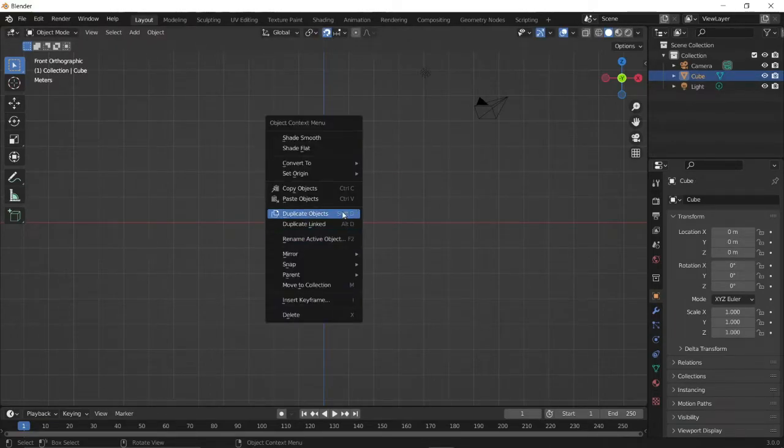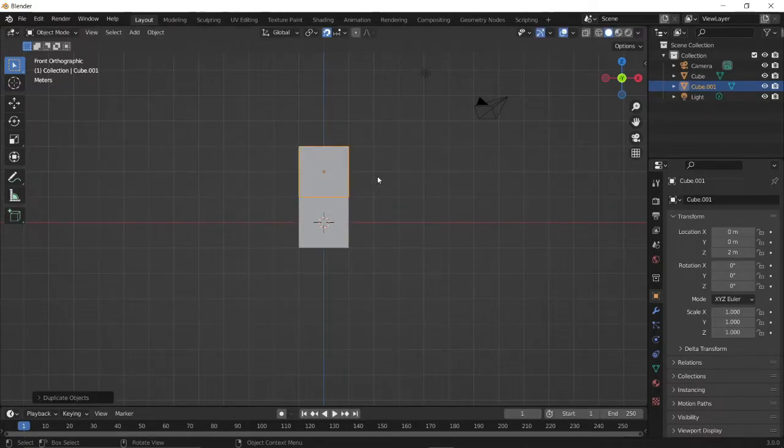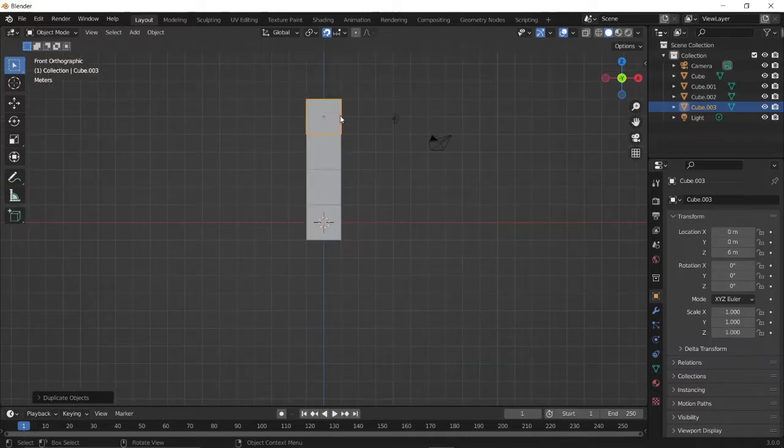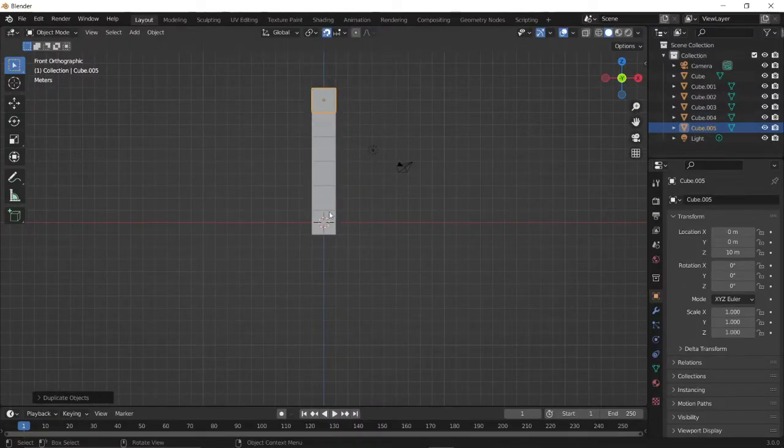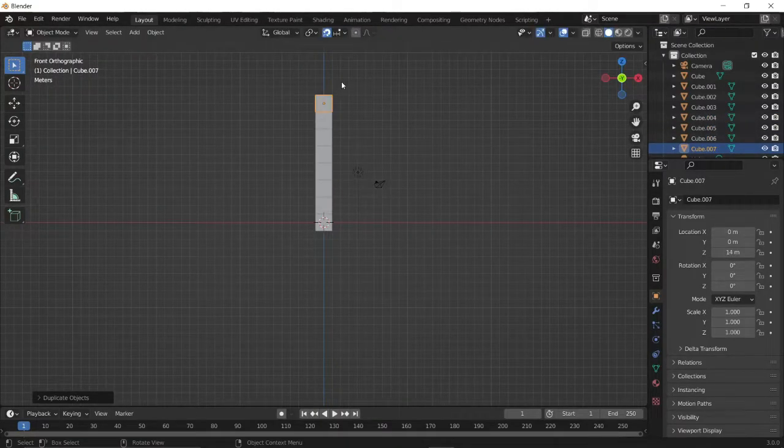So I use the snap tool, and I press Shift D, the shortcut for duplicating objects. See, like that. I use Shift D, and I press 1 for transverse view, if you want the shortcut for transverse view.